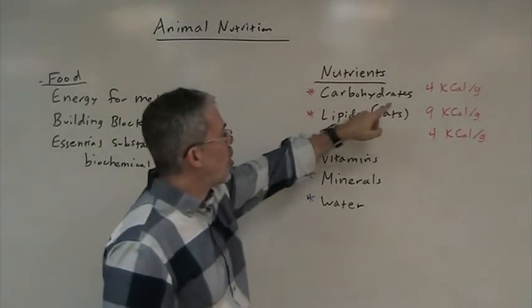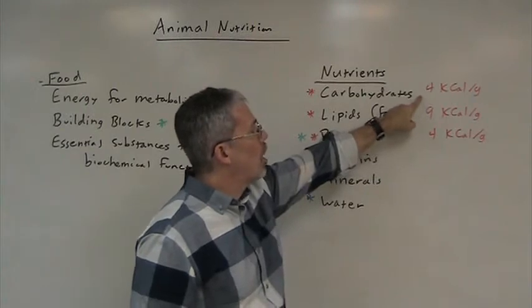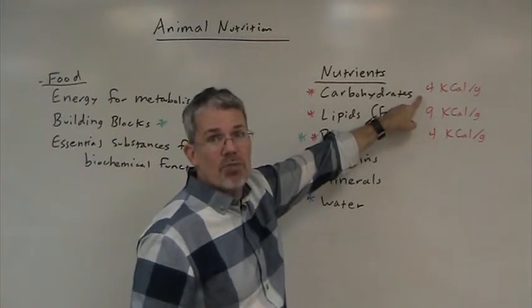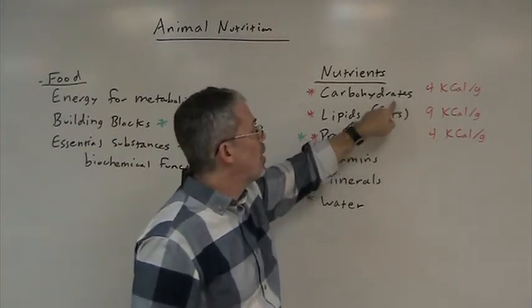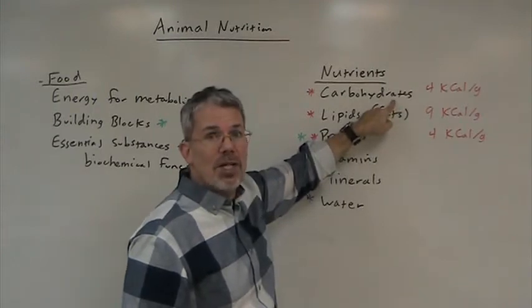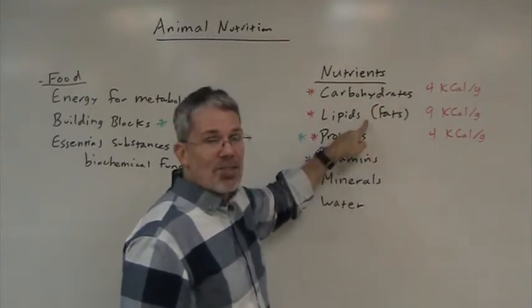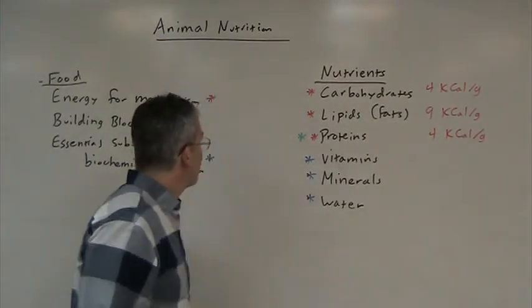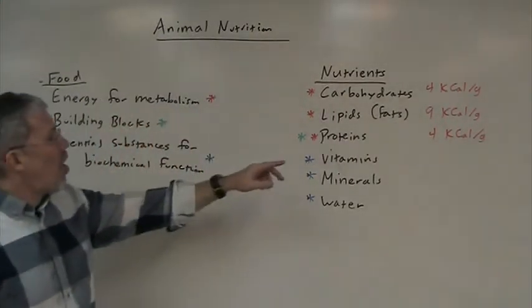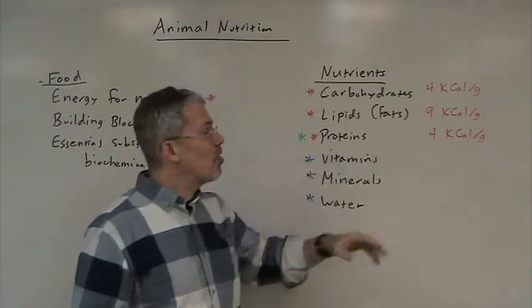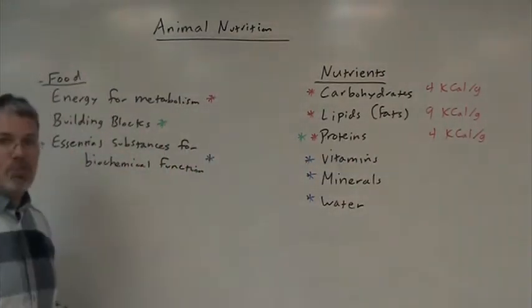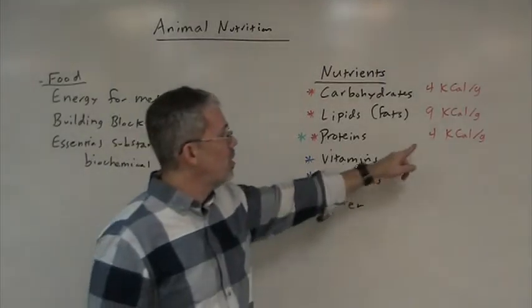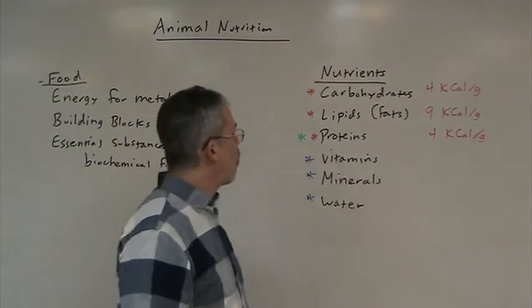Now, sugars and starches yield 4 calories per gram. And of course, a primary purpose for carbs in the diet is energy. Same thing with fats, except fats are a more concentrated source of energy at 9 calories per gram. Now, proteins are an energy source, but they're first used for building blocks. But when they are metabolized for energy, they yield about the same as carbohydrates, 4 per gram.